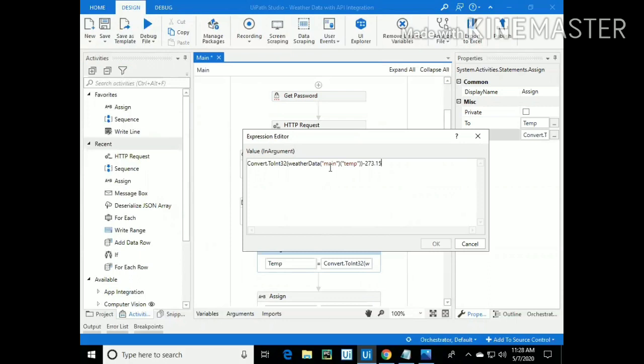To get it in Celsius, I am applying the formula of subtracting 273.15 from the temperature data that we got in Kelvin and assigning the value into the temp variable.